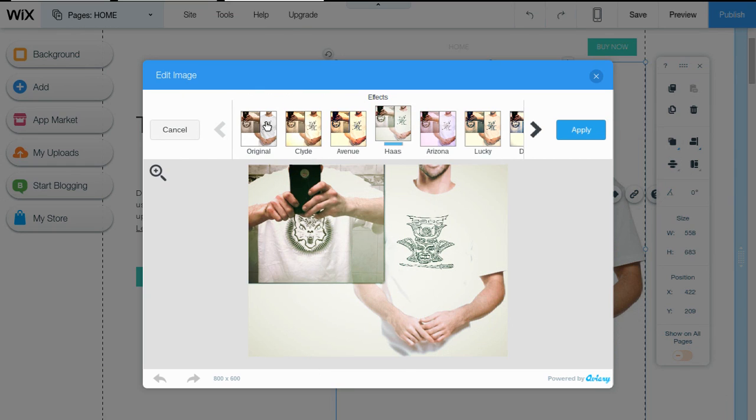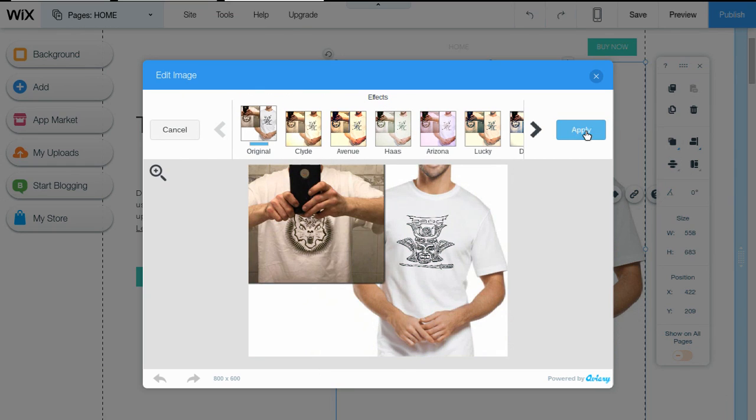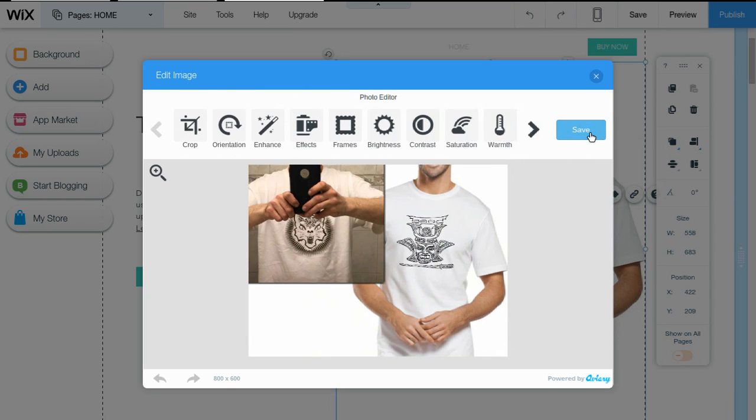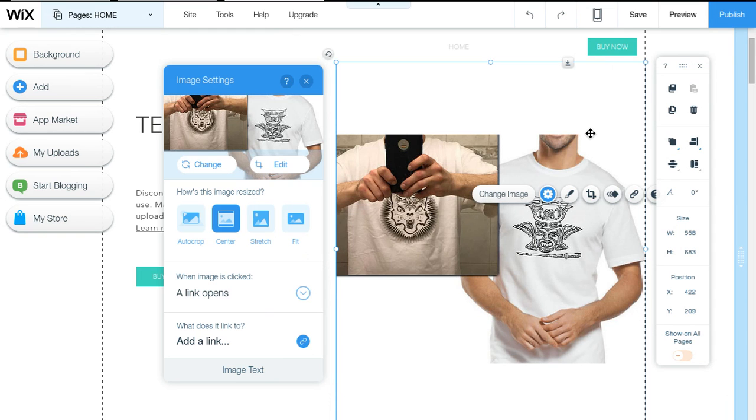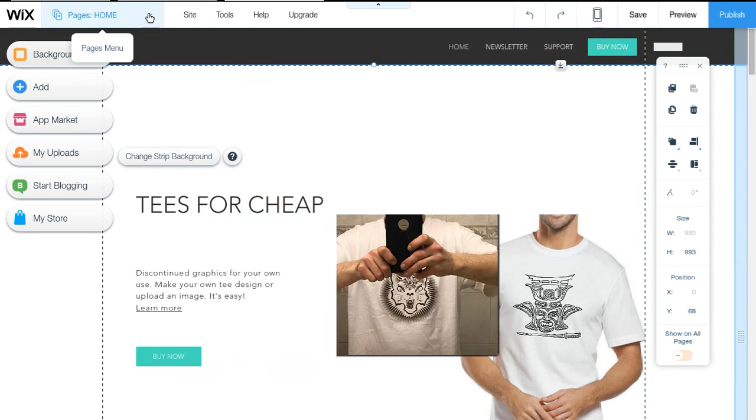Alright, you know what? I'm just going to leave it on the original because that seems to work for me. Whatever works for you, definitely explore that and see if you need to make changes in the web editor or if you have to open up